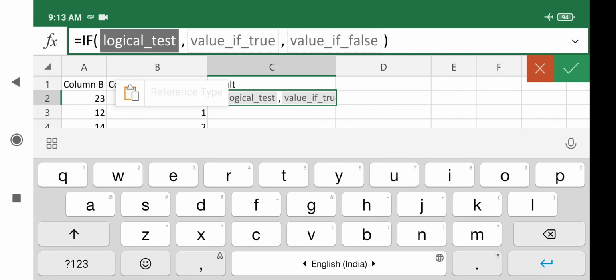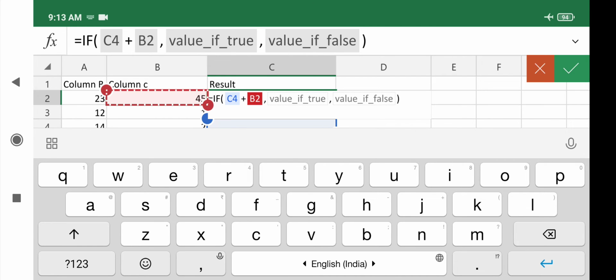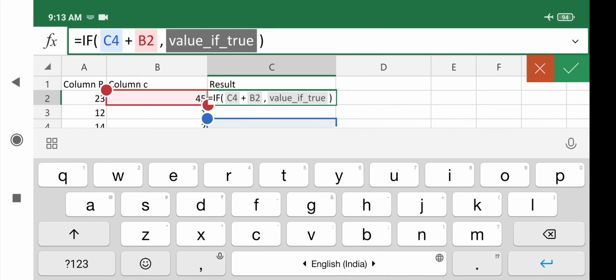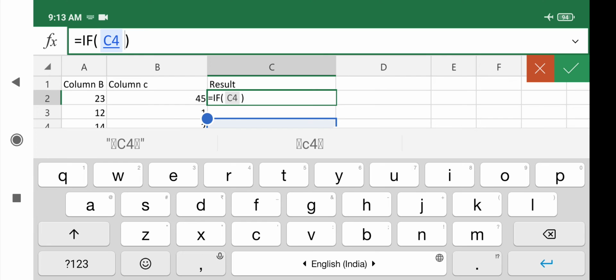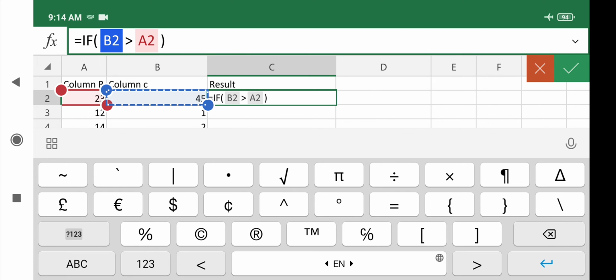So what is your logical operation over here, you have to choose this one, column C. It is then, the statement I am erasing, column C is greater than, okay, so I have chosen a wrong one, I need to choose this one.